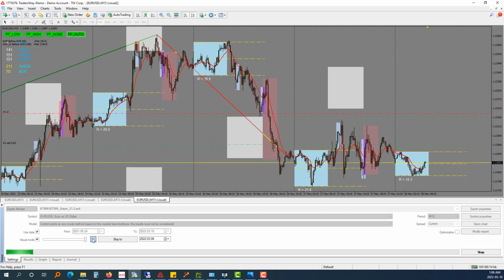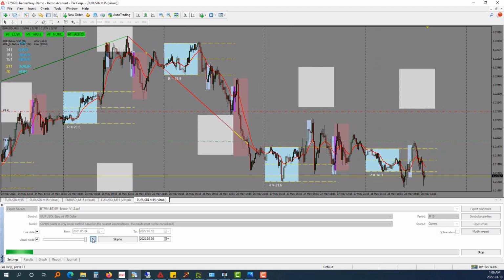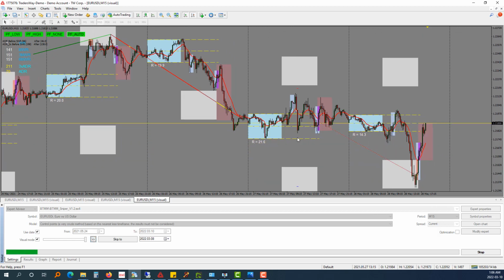Because you don't have to literally wake up for London anymore. You can just literally set the EA to do that for you. Even with the semi-manual options, you can specify it and then it'll take those trades for you. So look at this. With the automated option here, it took this trade and then boom, hit TP, hit take profit there. So let me show you the